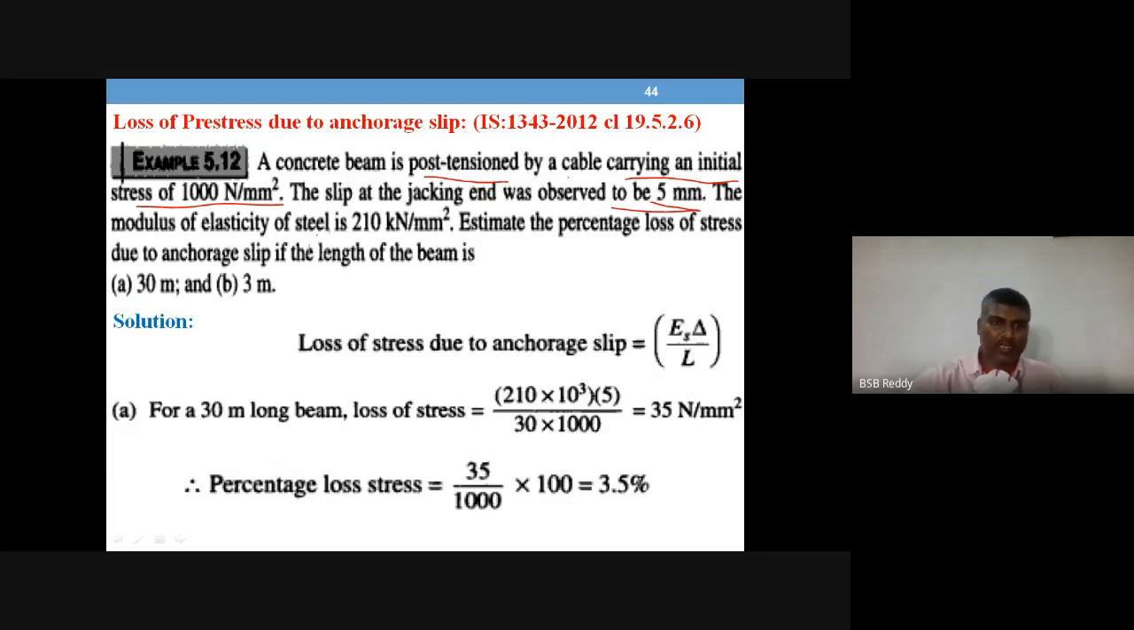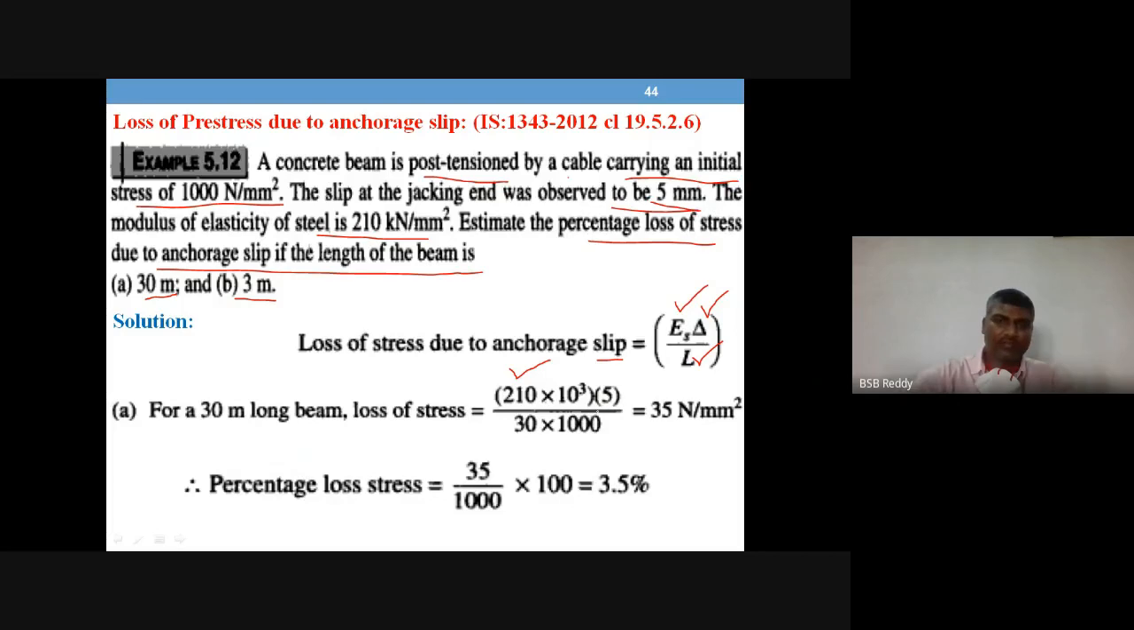Okay, the modulus of elasticity of steel is given. Estimate the percentage loss of stress due to anchorage slip if the length of the beam is 30 meters, and in the other case 3 meters, just to compare. So loss of stress due to anchorage slip is simply strain into Young's modulus, that is Young's modulus into delta by L. Young's modulus value 210 into 10 cube into 5 divided by